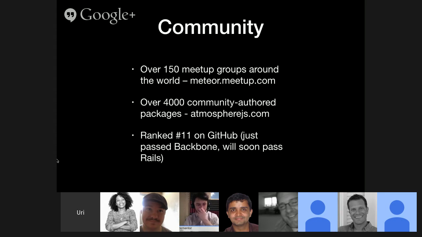The community is really strong and really exciting, and there are a lot of really strong people in the community, and Angular Meteor is part of it. People could say Meteor doesn't support Angular, but it's not true anymore. The same goes for other stuff. And in GitHub, it's getting huge. It's going to pass Rails, which is amazing. So in growth and in power, I think Meteor is getting super strong.